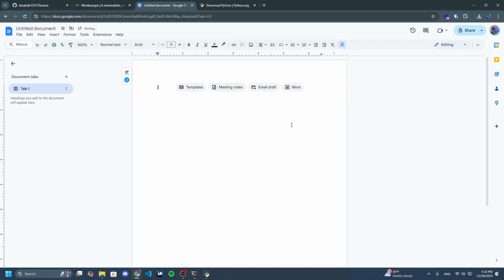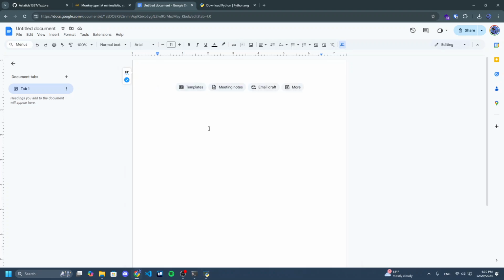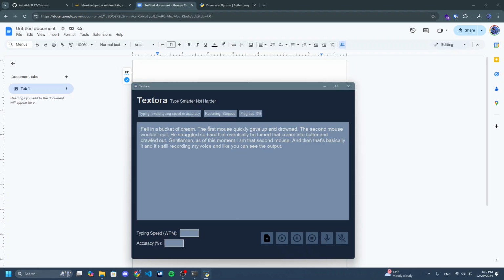And then let's say you're even more of an idiot, right? You're like an extreme idiot. All right, and then you use your shortcut Control Alt T. It doesn't work, and you're asking, why doesn't it work? Well, most likely the reason would be you have invalid typing speed or accuracy. So you have to select the typing speed and accuracy,